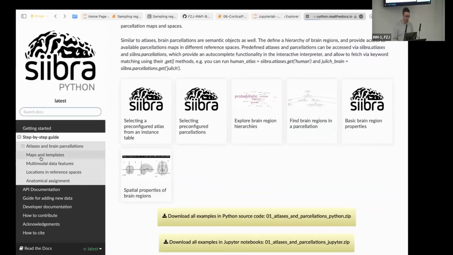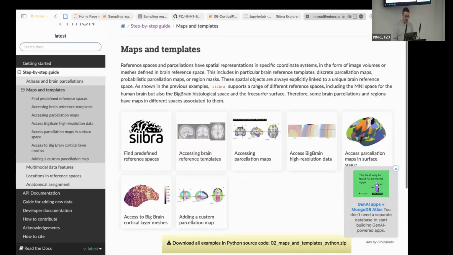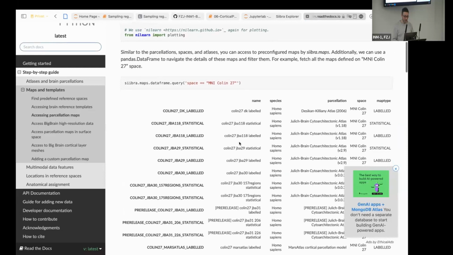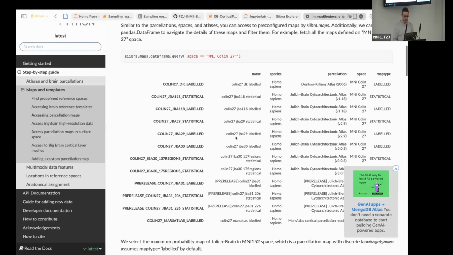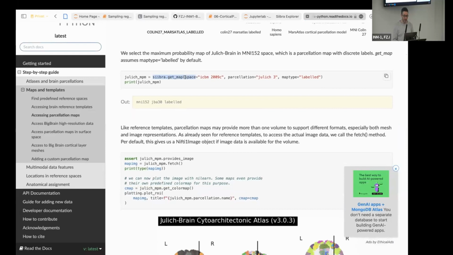And this is here in the second section of the step-by-step guide, maps and templates. So I'm choosing here the third one, which is about accessing parcellation maps. So here you will see the same thing. We show the available parcellations, but here we actually say get map. And getting a map requires us not only to specify the parcellation, but also the reference space that we are